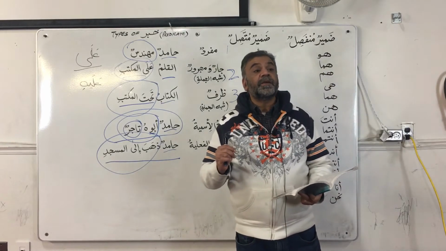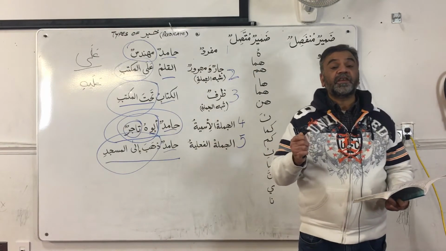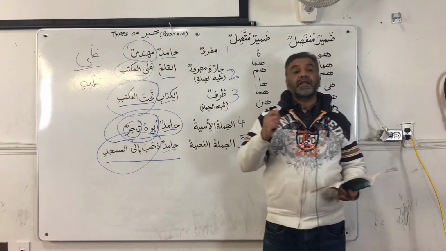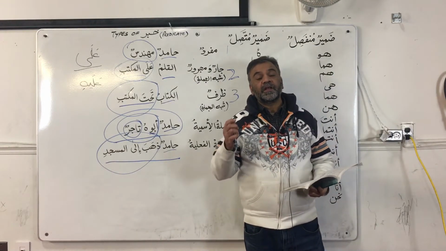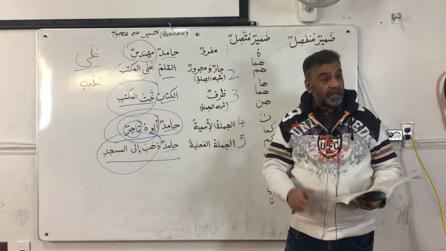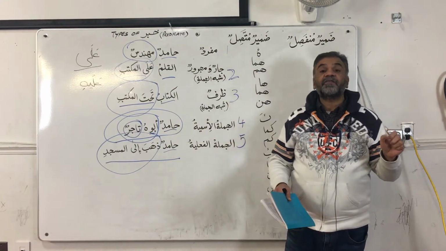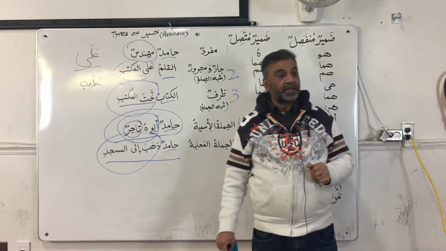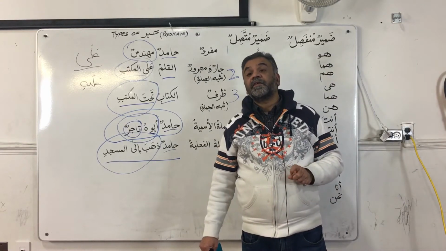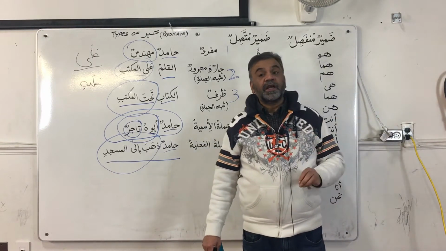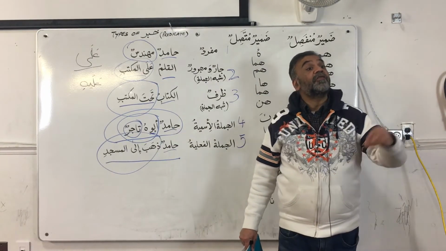Interrogation means a particle which is basically used to ask a question. So, remember the word la, la has many flavors. Similarly ma has many flavors. Ma can come as a particle of interrogation, ma can come as a particle of negation,